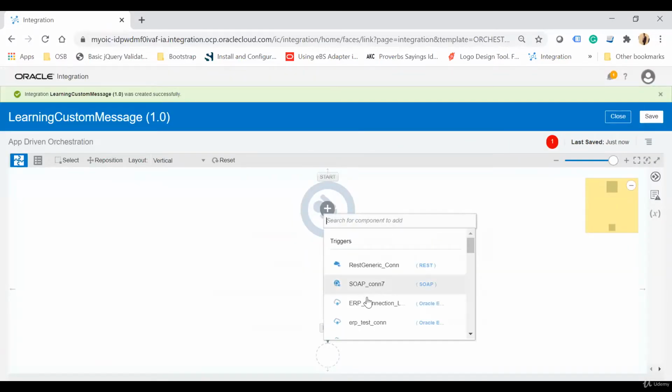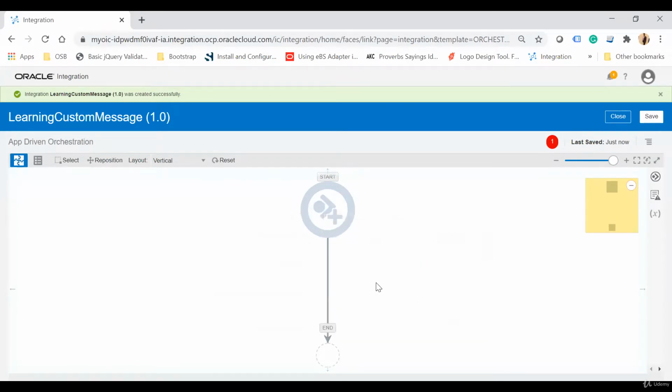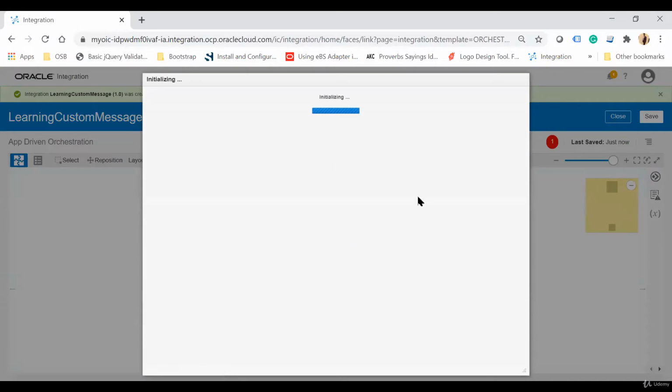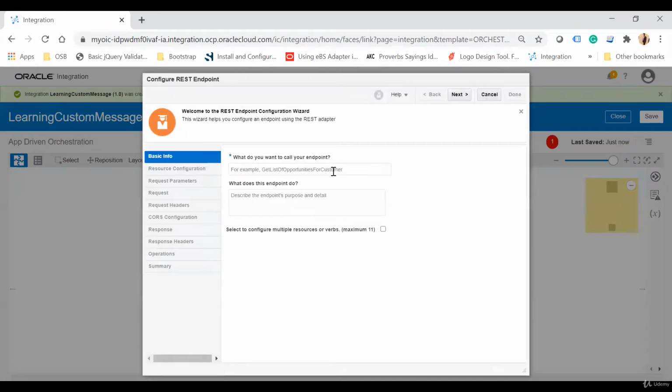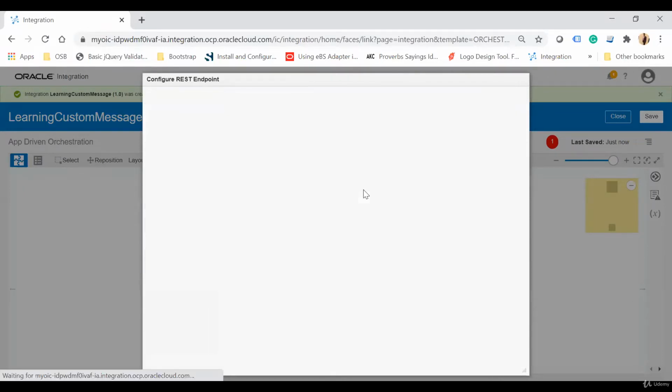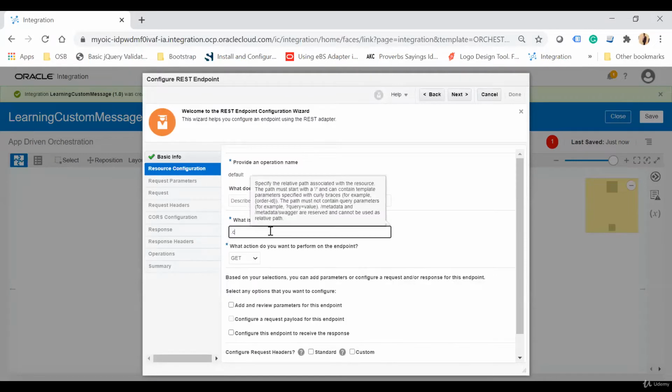Here I will create a REST API, error message, and then next. Here I'll say custom